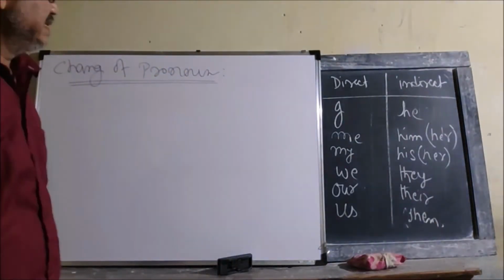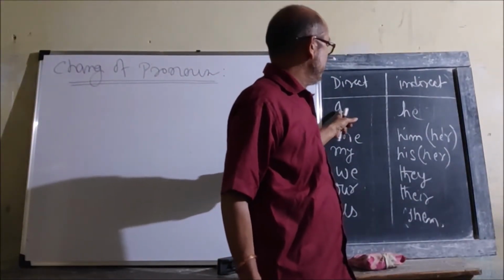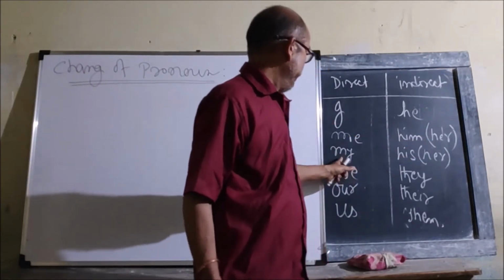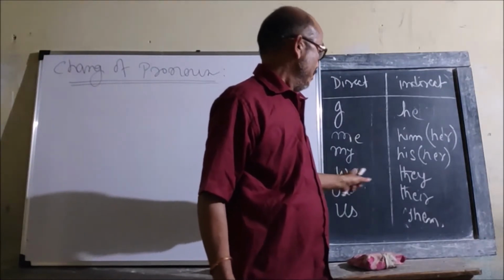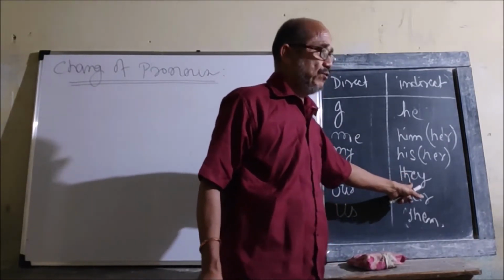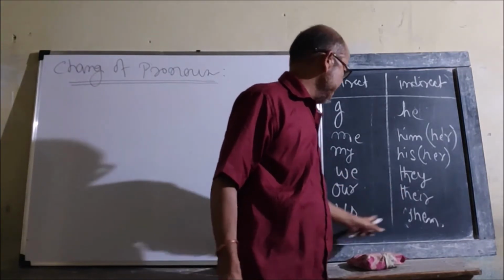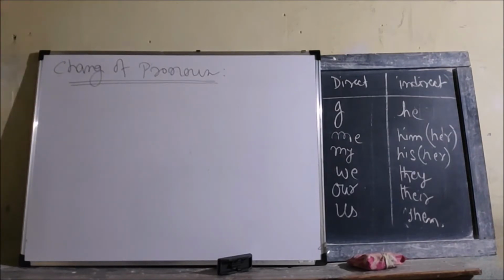For the entire narration, I becomes he, me becomes him or her, my becomes his or her, we becomes they, our becomes their and us becomes them. That means we can say that for the pronoun,